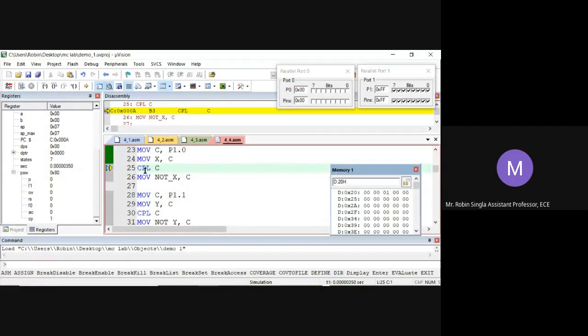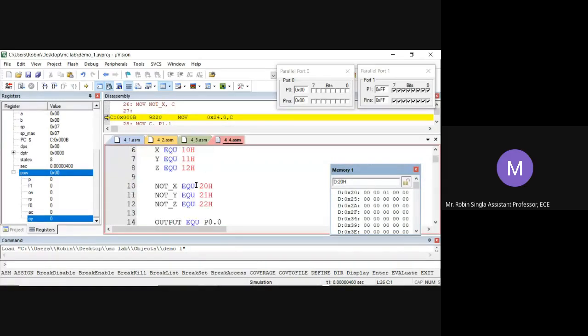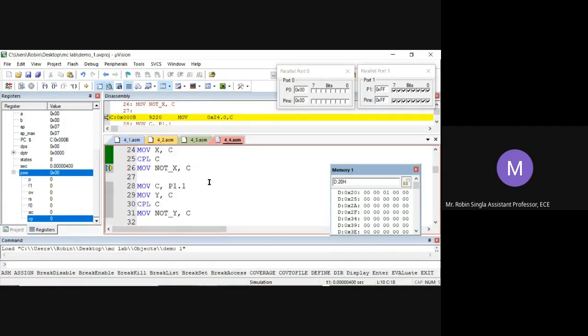Okay, now we complement C. Complement C. C is 0. Now move complement to Not X. Not X is 20th memory location. It means byte memory location 24. Yeah. So this is 24. We just see.